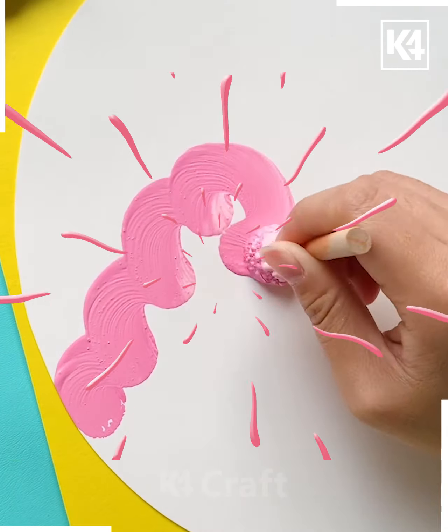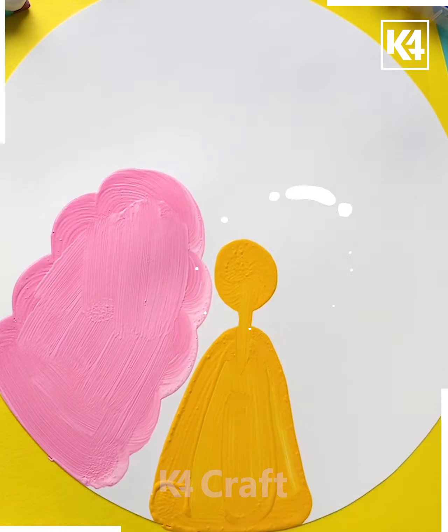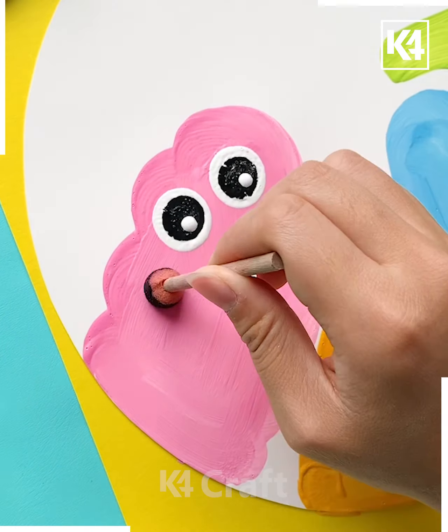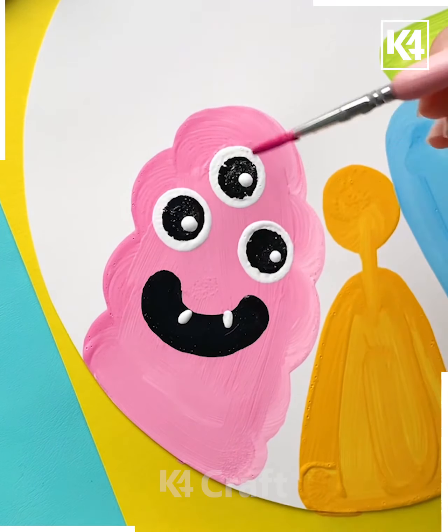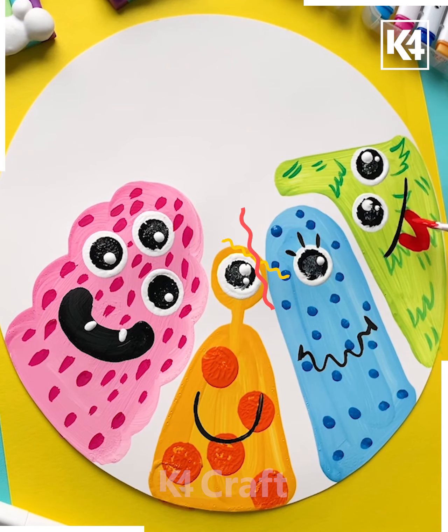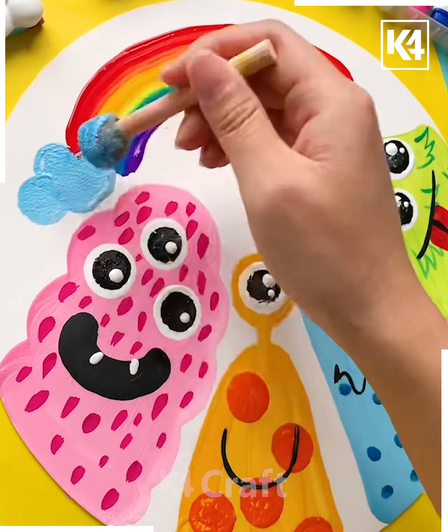Keep on proceeding, and here what we have to do, here you have to take the colors like this and then make the dots around. You have to put the circular dots and then just make this big broad smile. Decorate these monsters further in this manner. Creepy, isn't it? Now here you need to make the rainbow along the sides and decorate the scenery by making